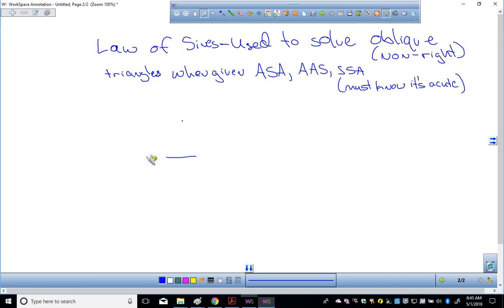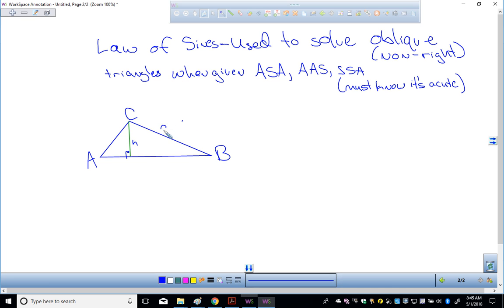So if I have any old triangle, let's say this is a non-right triangle, you don't have to draw this picture. I'm just showing you where it comes from. Here's the height of this triangle. I call this side A, this side B, and these are angle A, angle B, and angle C. Opposite angle A is little a, opposite angle B is little b, and opposite angle C is little c. So I know that the sine of angle A is equal to